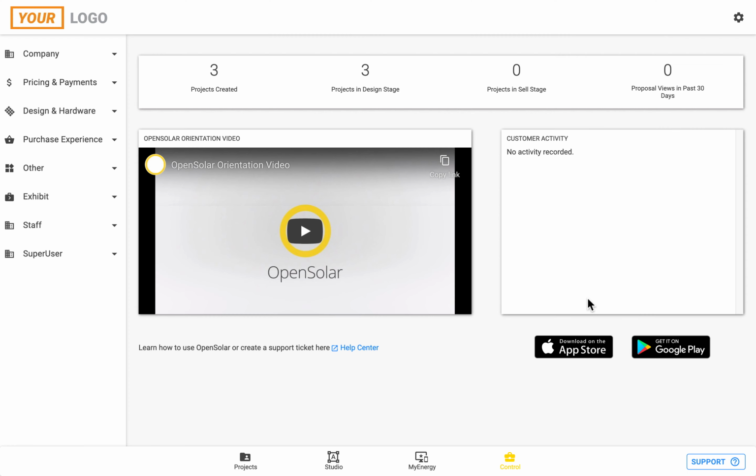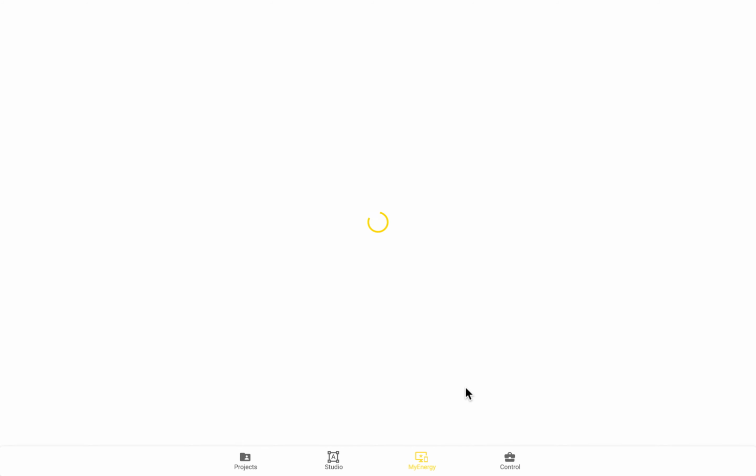But otherwise, this has been an overview of how to design with LG Chem and how to model the benefits of using the LG